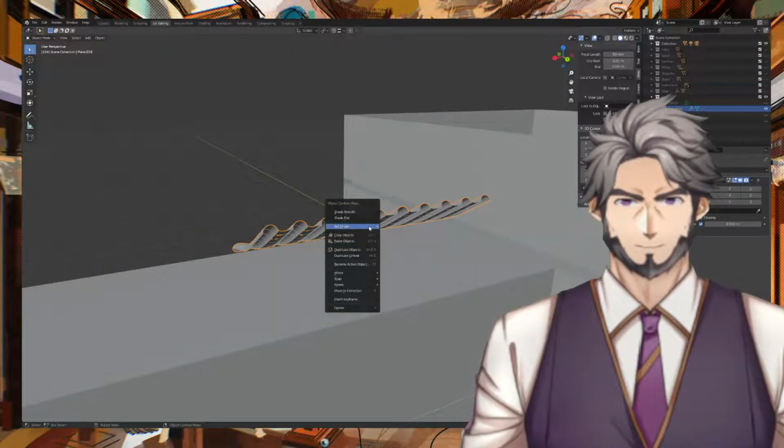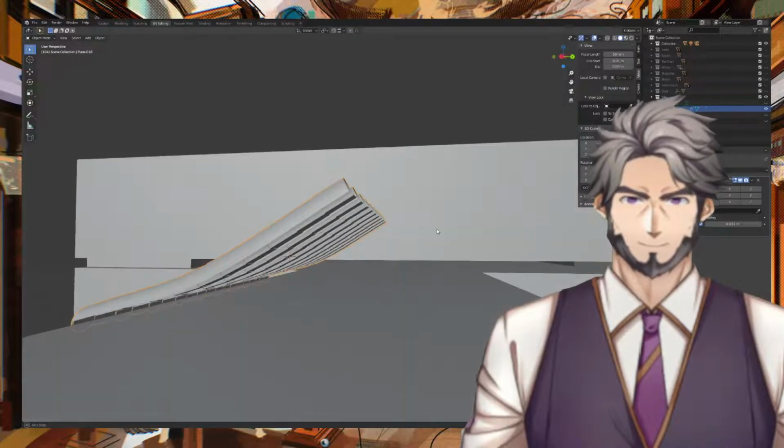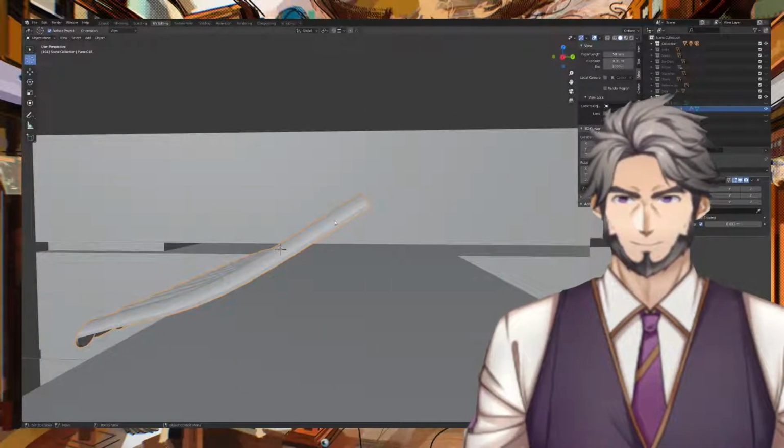Okay, let's go under here. We'll Shift S, cursor to selected. Then we're going to have to move this cursor about